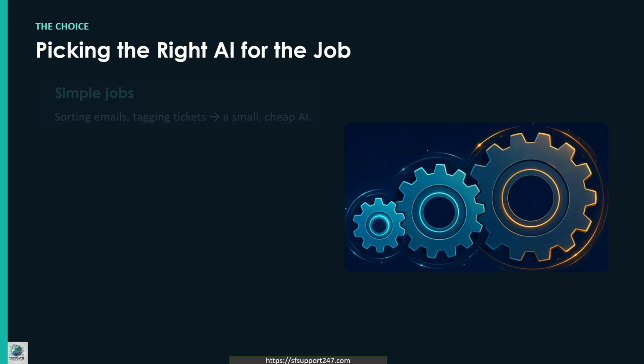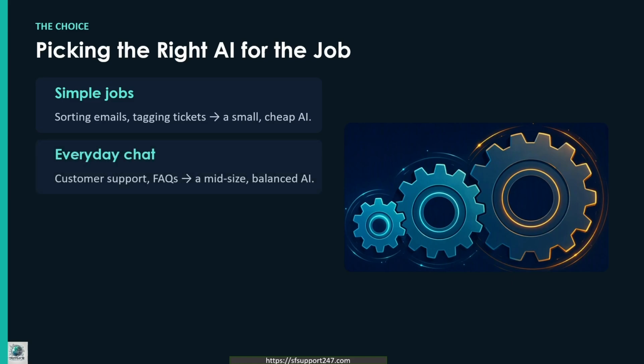Picking the right AI for your job. Simple jobs, like sorting emails and tagging tickets, a small and cheap AI can help. Everyday chat is generally cost effective, and customer support, FAQ, you can ask for trip plans and other things. And hard thinking: if you ask a chatbot to write a program, it can write it, but it